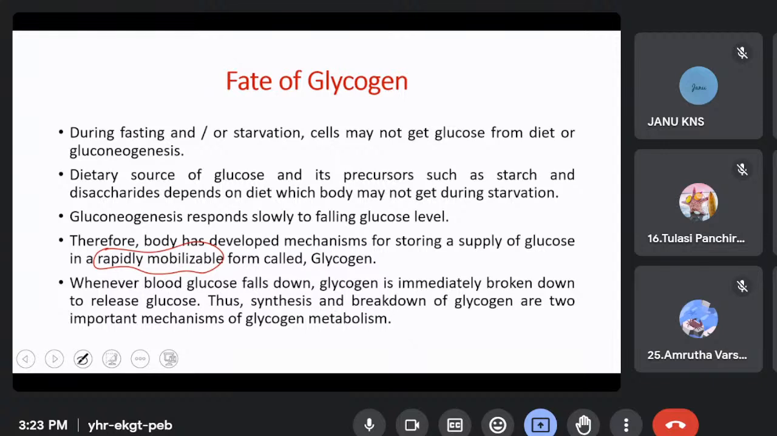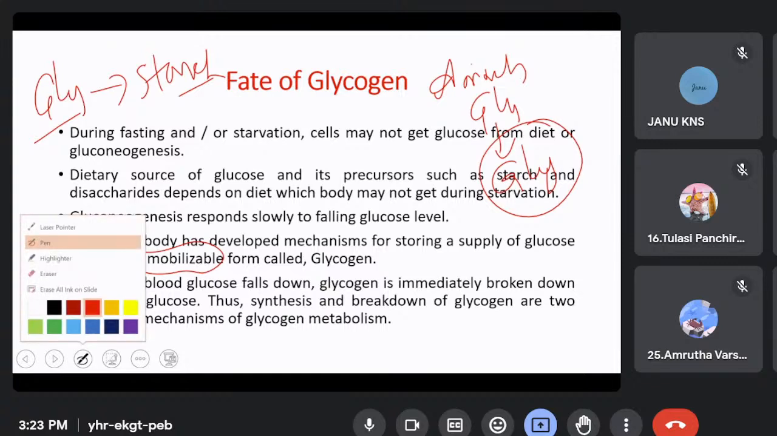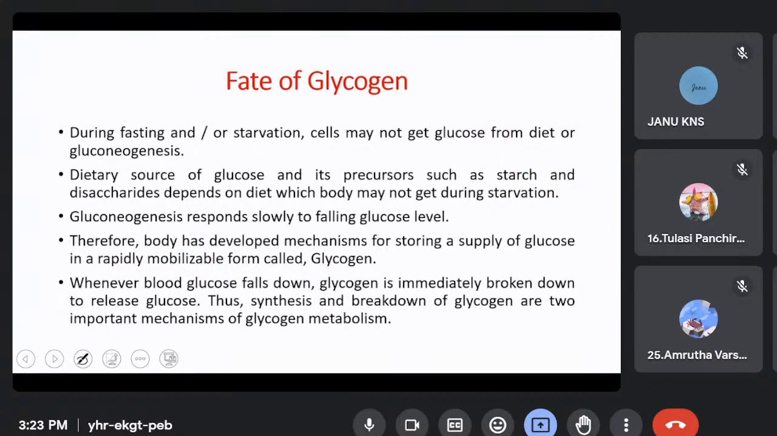That is the reason why all animals store glucose in the form of glycogen in the liver and muscle. Whereas after photosynthesis, when glucose is formed, it is stored as starch in plants; in animals, the same glucose is stored as glycogen. Okay. Whenever blood glucose falls down, whenever blood glucose falls down, just a minute,